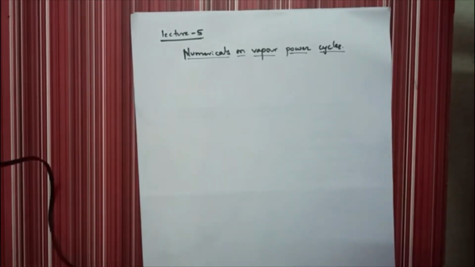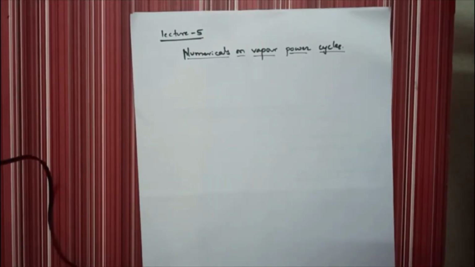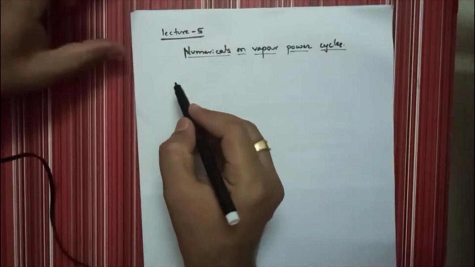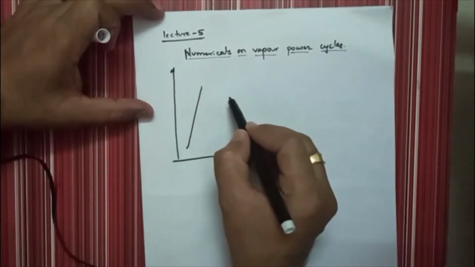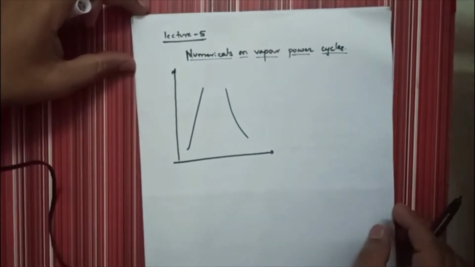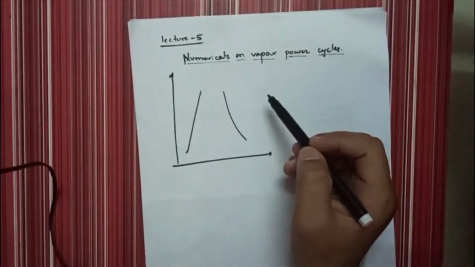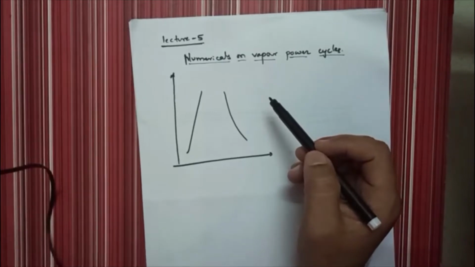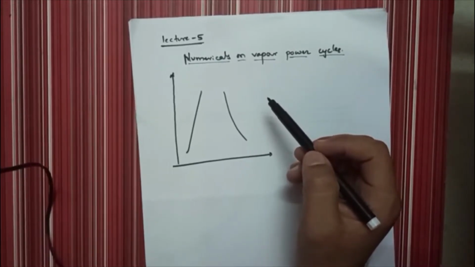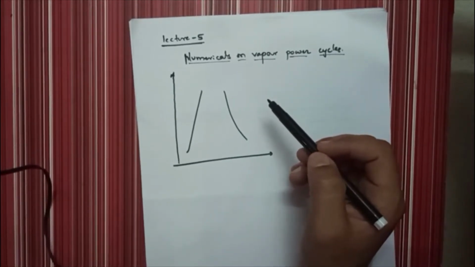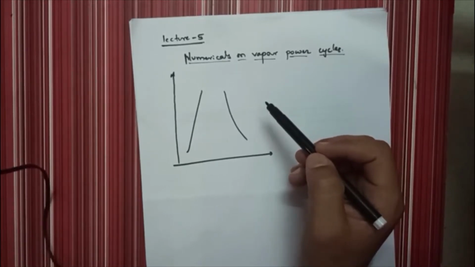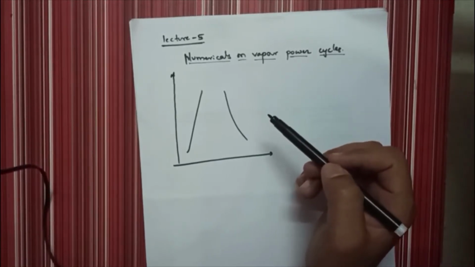Before that, we will draw one Rankine cycle again at a glance. This is a Rankine cycle, and dear students, these numericals on vapor power cycles will be solved using the thermodynamic data handbook. We need some properties of steam at desired pressure and temperature. So in the university exams, the thermodynamic data handbook, or you can also use the steam tables, will be provided in the exam hall, or the data related to the numericals will be given in the question paper.